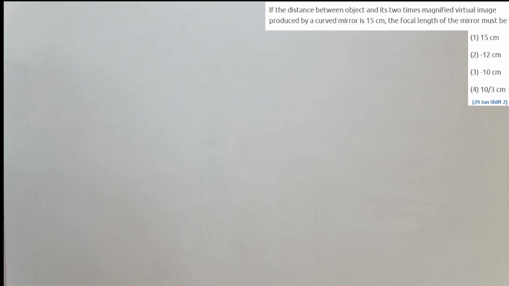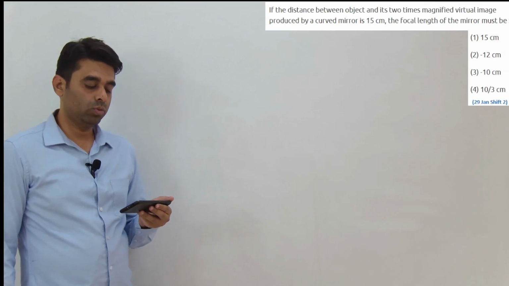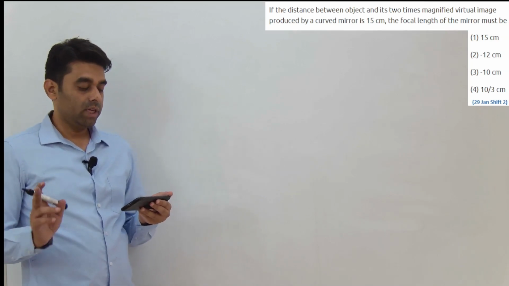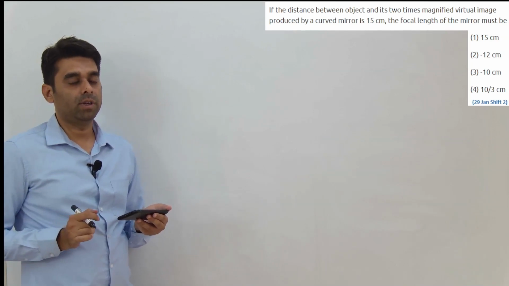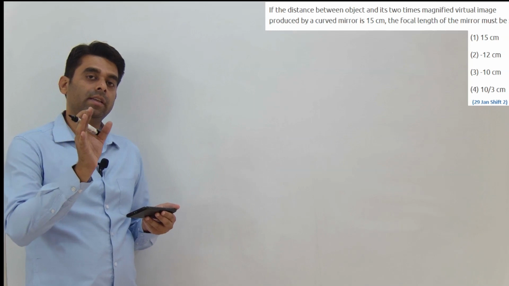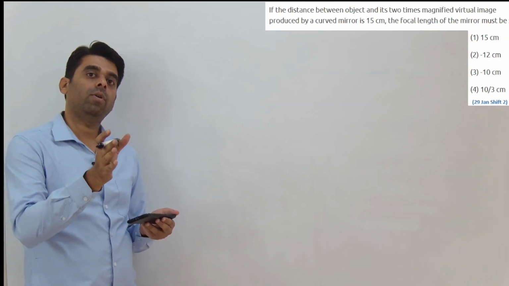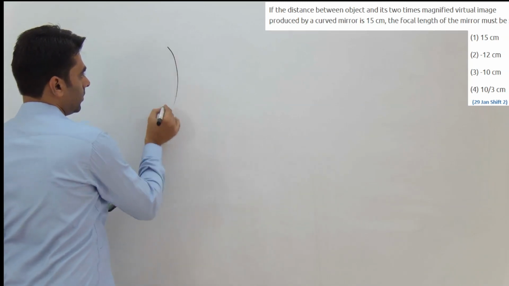Okay, so the question that we have is, if the distance between an object and its 2 times magnified virtual image produced by a curved mirror is 15 centimeter. Now from the information that is given to us, it is very much clear that they are talking about a concave mirror, because a concave mirror can form a virtual image which is magnified. So the situation is something like this,